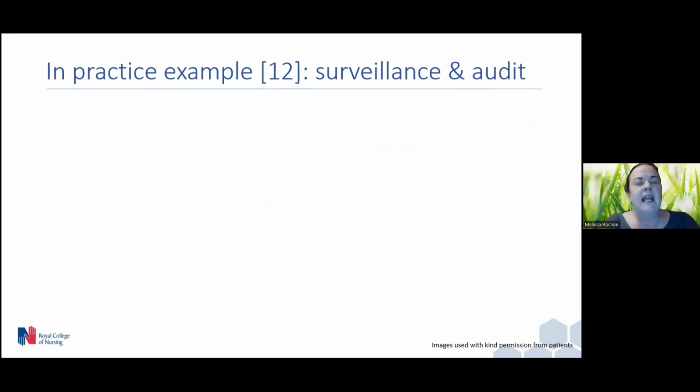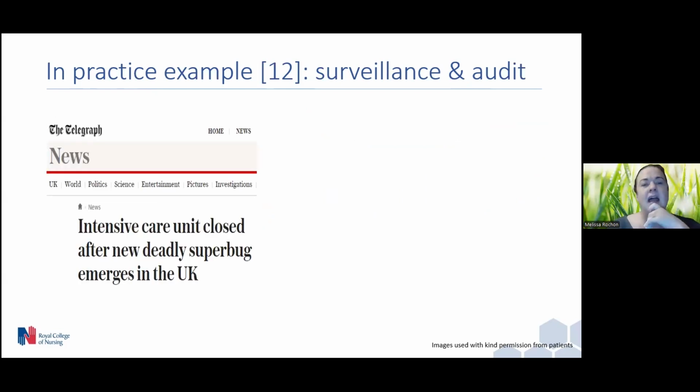So I mentioned that I'd love to give some examples on how we've used surveillance and audit in outbreak scenarios at our centers. This is going back to a time at the Royal Brompton. I don't know if any of you in this session remember that the Royal Brompton was the first unit in the UK to be impacted by Candida auris, which is now quite a common pathogen in terms of people's experience. But at the time, it was relatively unknown and quite frightening for everyone involved.